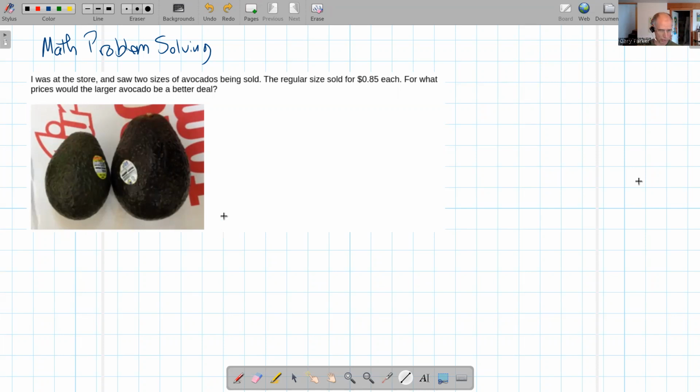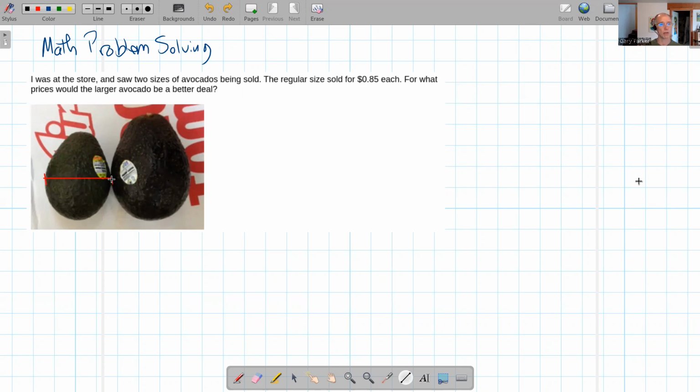The other thing you can do if you don't have a ruler nearby, just hold a piece of paper up to the screen. So here's my piece of paper, and I just want to measure across and make a mark on my paper where this starts and where it ends. And let's just worry about the width and not the height. And then I could do a similar thing for the big one. I could slide my paper across, maybe starting at the same spot,